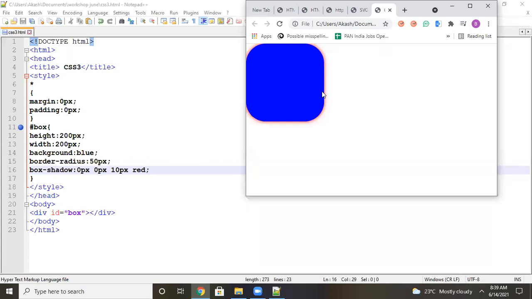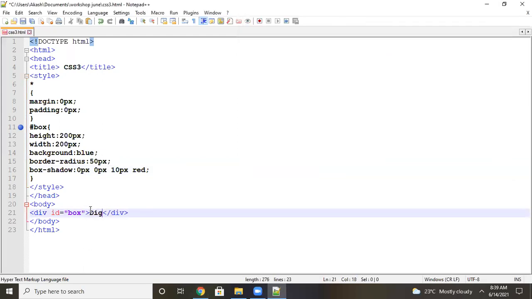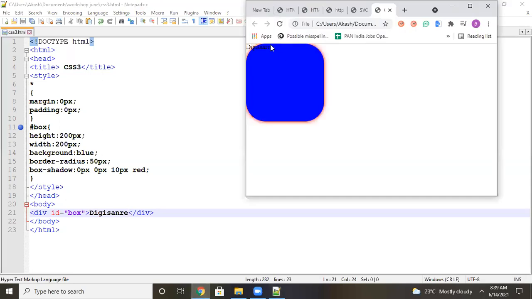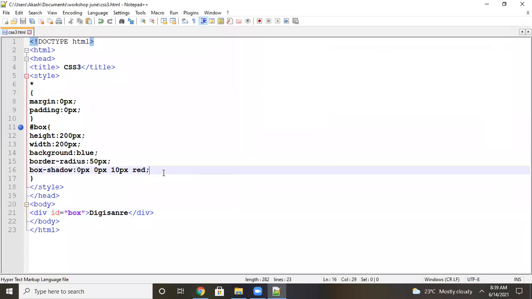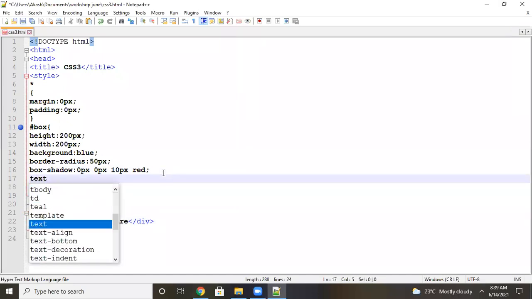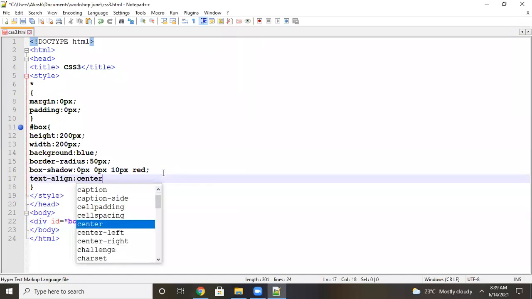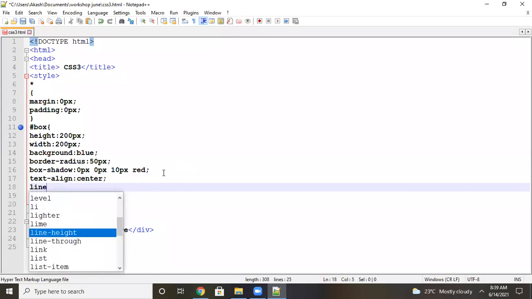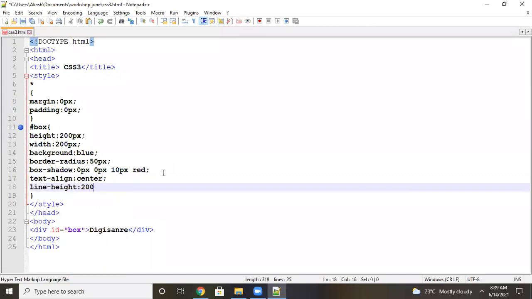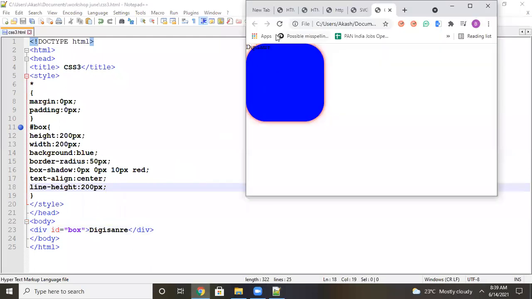Now I will write one more text here, let's say snare. It will come at the top corner. If you want to bring it into the middle, how do we do it? You have to do two things. One is text-align center, another is line-height 200 px. One brings it to the middle horizontally, one brings it to the vertical center.